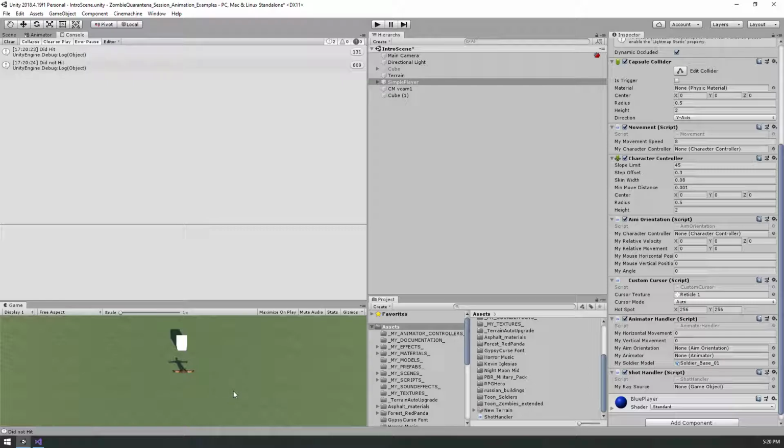Okay, so, well, that's great. But I don't really want to check to see if the player has, because what we're trying to simulate here is the player shooting at a zombie. I don't want to simulate that. I don't want to check that every turn. I only want to check it on the frame that the player pressed the fire button. So I'm going to go back to my script,